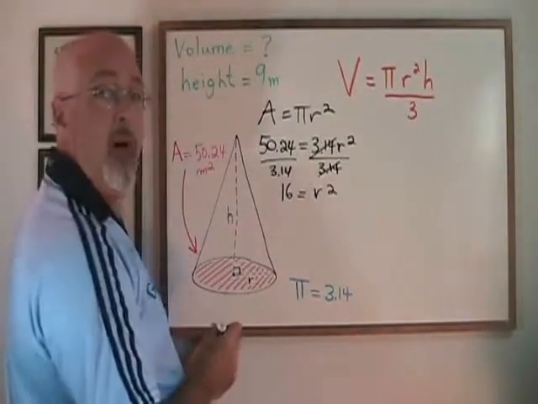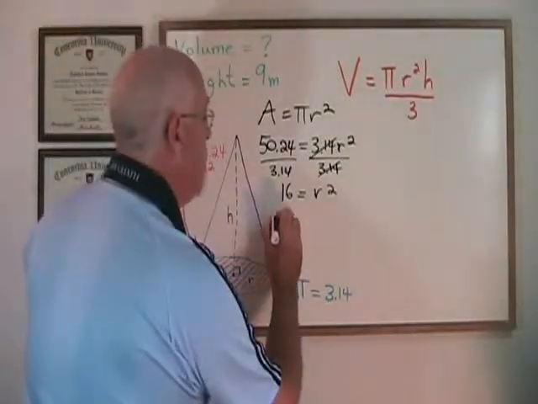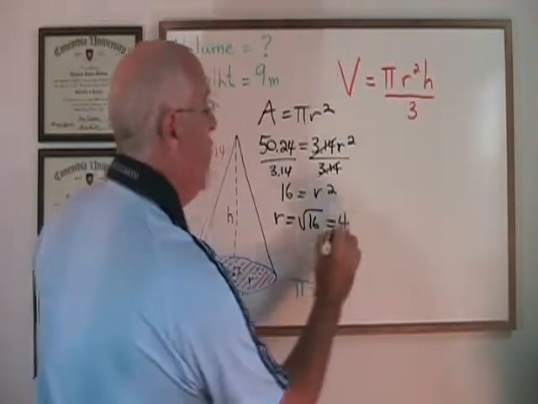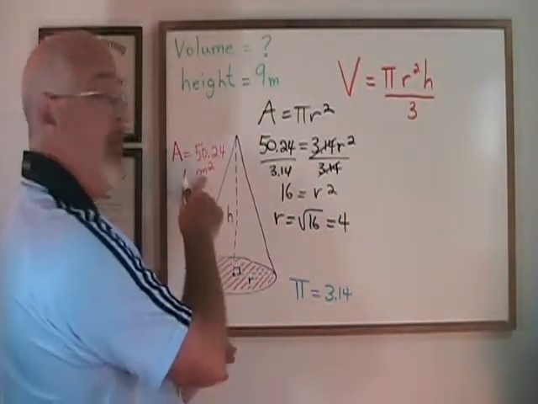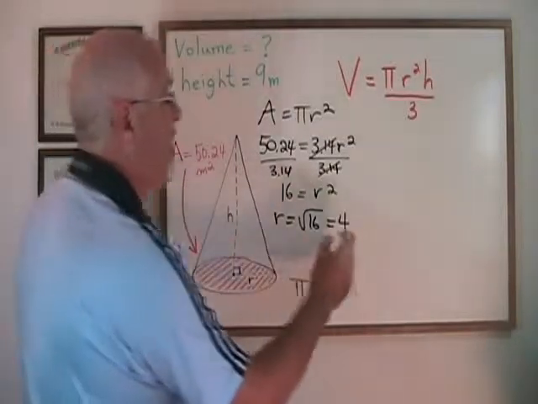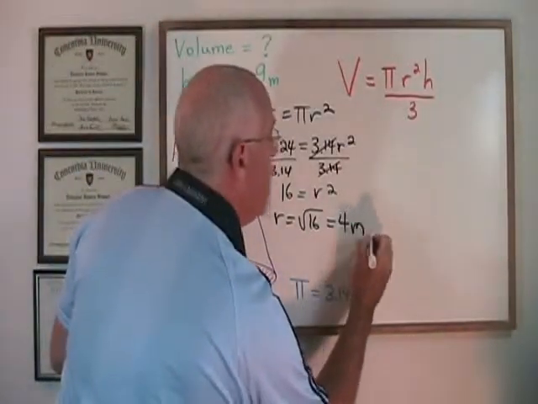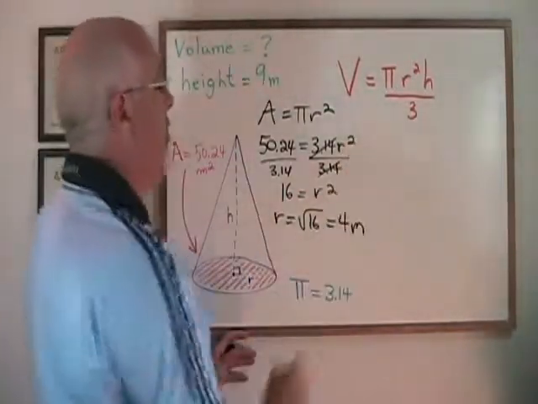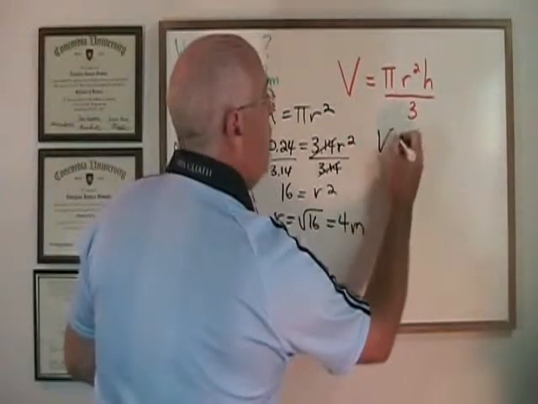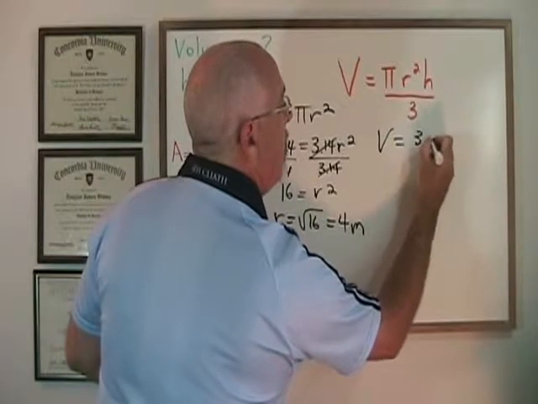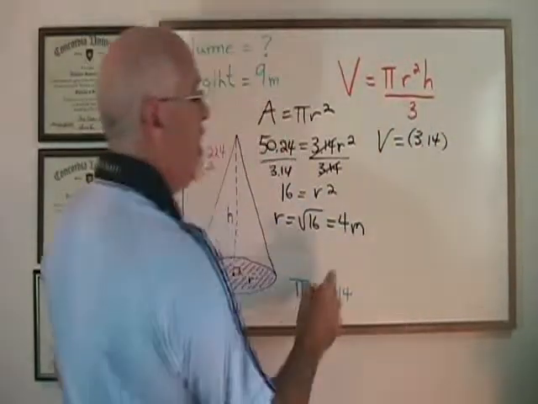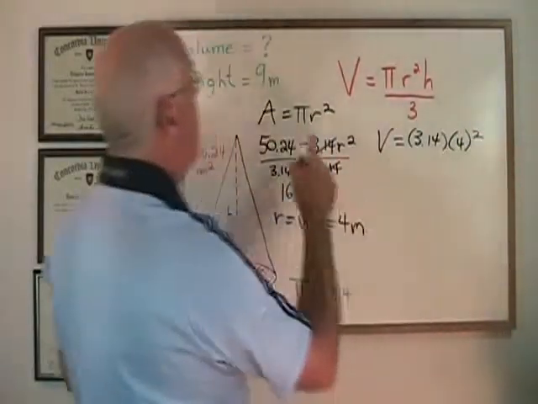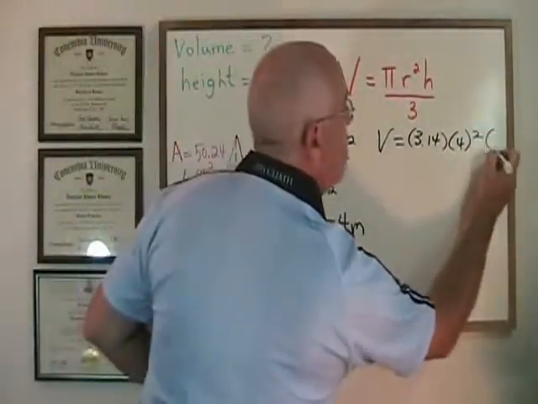And we need to know our radius, not the radius squared, so r is equal to the square root of 16, which is 4. Since we were dealing with meters squared in the beginning, the radius is a distance, and its unit will be meters. Now we can move on to our volume formula. The volume is equal to pi, 3.14 again, times r squared, which is 4 squared, times the height, 9,